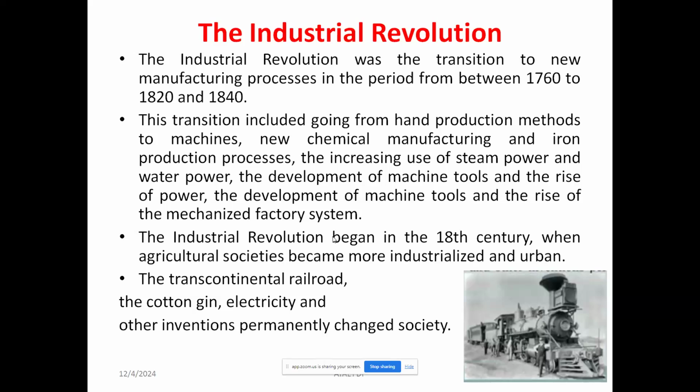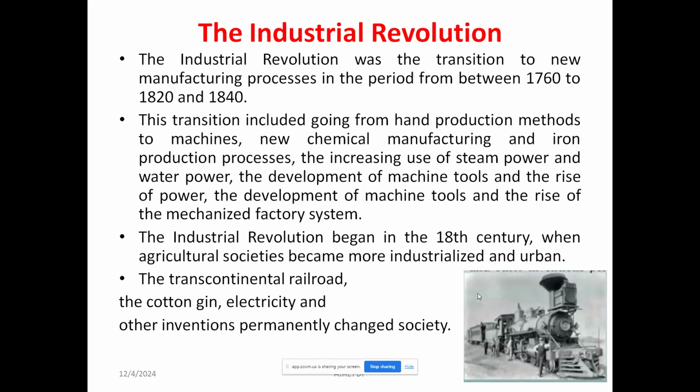After a certain period there was a transition, and production was handed over from man-made to machine-made. It was introduced in chemical manufacturing and iron production processes. After that, there was an increasing use of steam power and water power. Here, steam power is the main thing. The industrial revolution started with the automobiles, the steam engine, the development of the machine tools and the rise of power